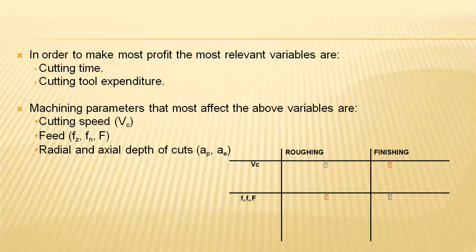Those are nothing but the machining parameters, such as the cutting speed, cutting feed, depth of cut. These three are the basic cutting parameters that decide the cutting time and cutting tool expenditure